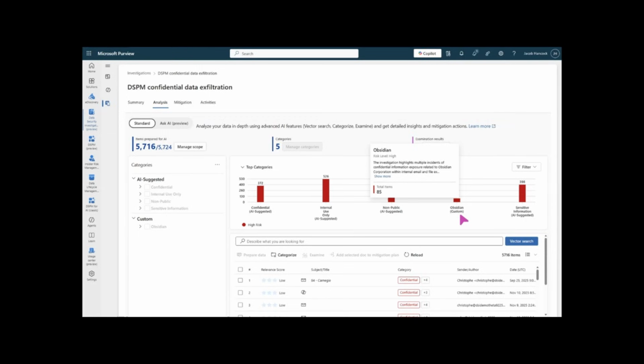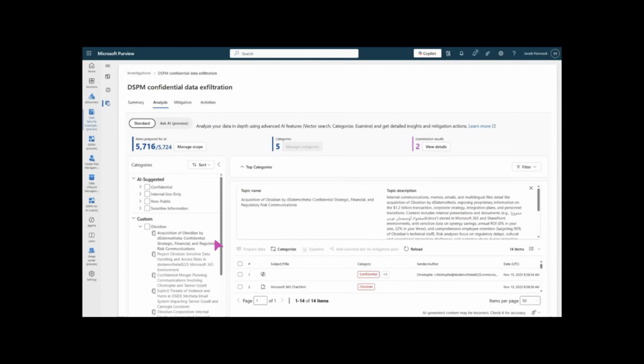So let me show you a little bit more and dive in. For each category, which is what you see on the left nav, we also give you a second level of insights, which is great. We found documents that talk about Obsidian, but what's also interesting when you're doing that investigation is what are the topics or themes people discuss in those documents. That's what you're seeing here. Under Obsidian, there are a number of topics. The first one talks about the acquisition of Obsidian, and you can see on the right-hand side more details about that topic, the topic description.